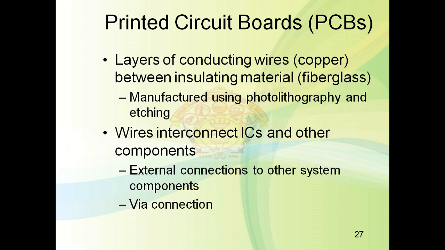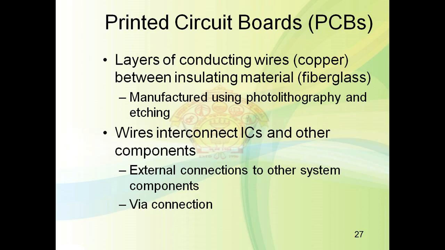Metal is deposited on the fiberglass, and then the metal is etched out to form wire tracks, or wire traces, by using the photolithography process. The wiring interconnections are made by photolithography: the unwanted material is etched out, and what remains is the wire, that is, the connection between the different pins.